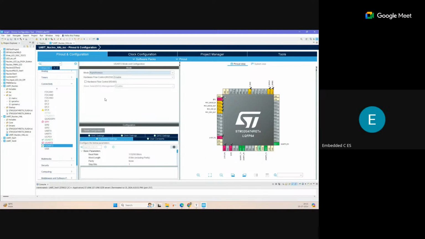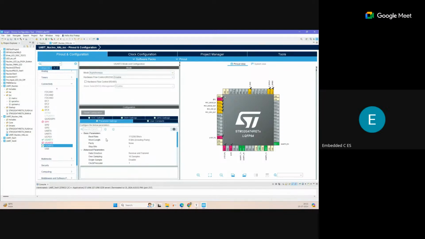Here you can enable this manually, and at the same time you can also configure the settings. You can set the baud rate, the word length, parity bit, and stop bits. You can set the configuration manually from here. And if you want to configure all the things from here, you can also start the